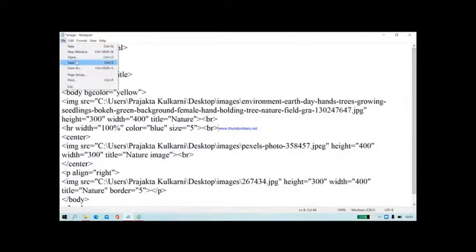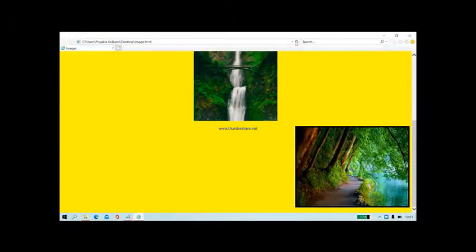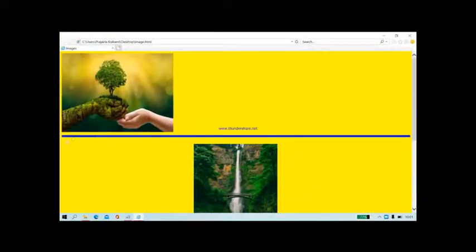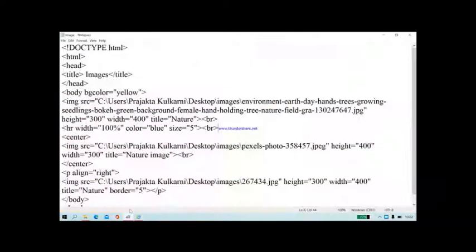So I am saving this one because some changes I have done, and when I go to Internet Explorer, I will just click on refresh. So if you see here, a blue horizontal line with thickness 5 is inserted throughout the browser. As the width is 100%, it is inserted throughout the browser. Suppose I want to put one more horizontal line here. So now what to do?